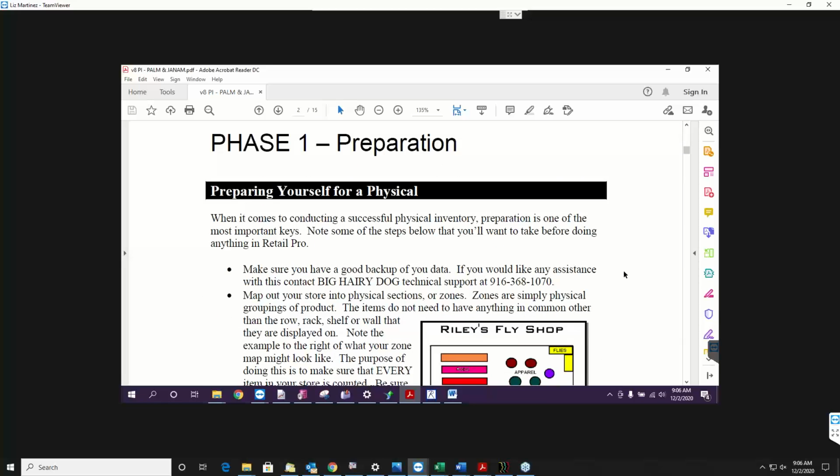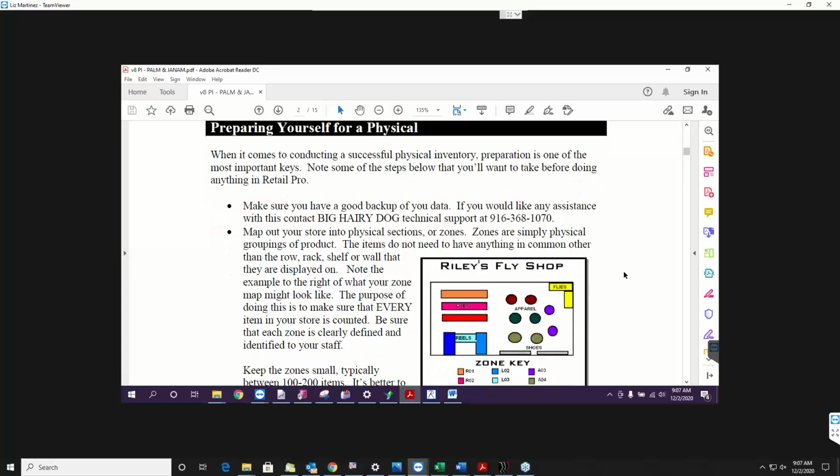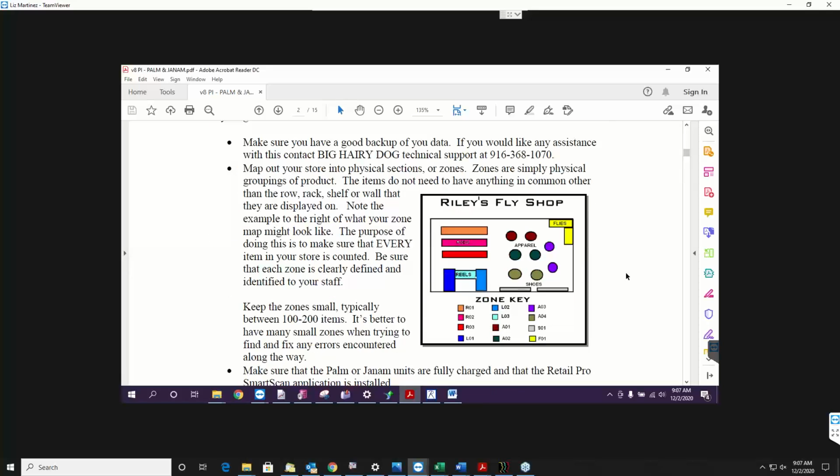All right. So phase one is going to be our preparation. This is where we have you break out your store into what we call zones. Now, there are some stores that run what we refer to as a simple physical. We normally advise against a simple physical. Although the name is tantalizing and it sounds like it's going to be easy and simple, essentially you're putting all of your scans, all of your inventory into one giant pool, versus a zone, which is going to be more like buckets. As you can see here, we have our brown zone, our green zone, purple zone, and